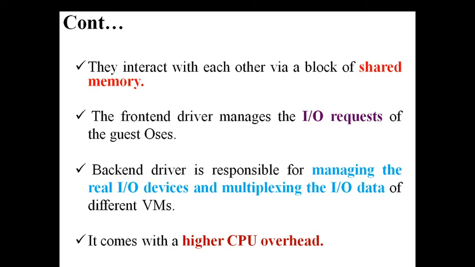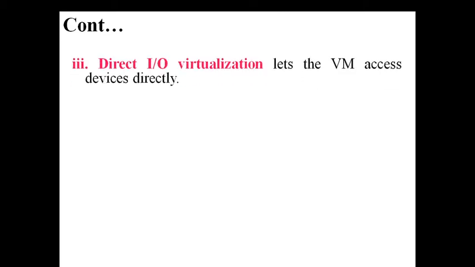So who will take care of this? The VMM will not take care of anything here. In the first method, the VMM takes care of all the transactions and conversions regarding the IO devices. But here the CPU will take care of it, because the CPU is the mediator between our devices and the other guest OS devices. So the CPU will have to spend more time on switching, which will reduce the total performance of a device, right?